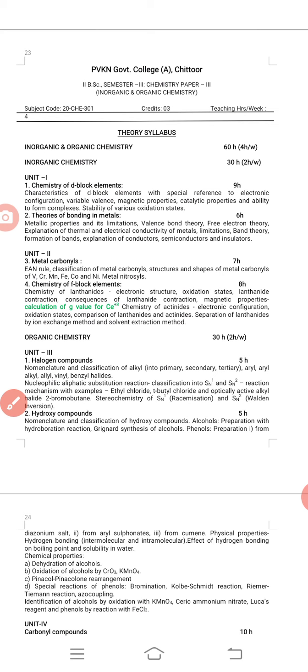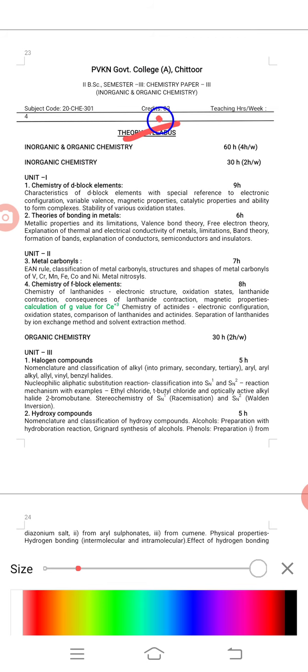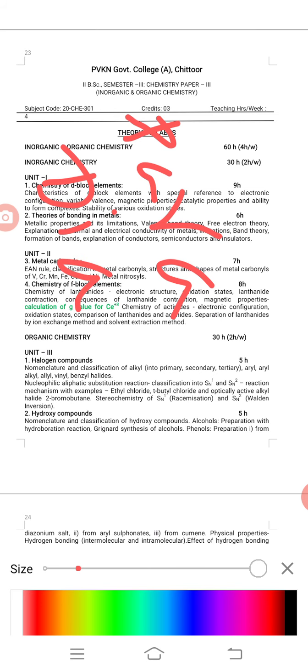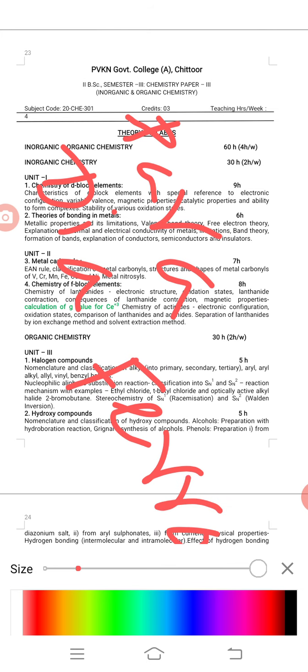Next, magnetic property. D block elements exhibit magnetic properties. Magnetic properties are of three types. One is paramagnetic, para. Second, dia. Third, ferro. What is paramagnetic? It is very simple. An element containing unpaired electrons shows paramagnetic property. For example, scandium: argon 3d1 4s2, one unpaired electron. It is paramagnetic.